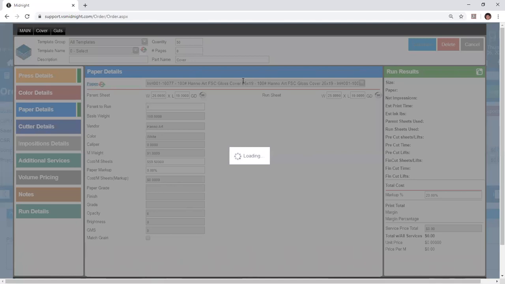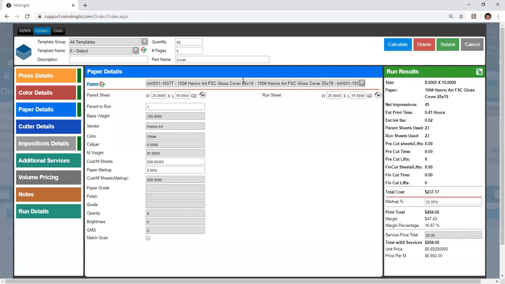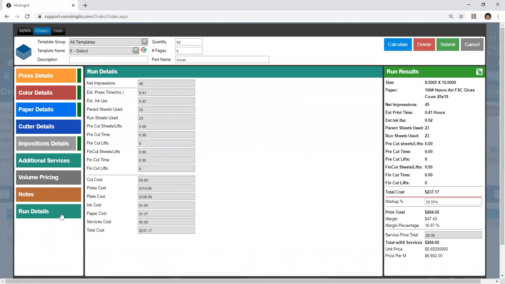We'll get our pricing information all set up, as well as our production info, such as how many sheets are required to complete our job. In this case, even though we're printing 50 pieces, we only need 23 to complete the job. We can see a breakdown of the press time, the ink required in pounds, the sheet information,